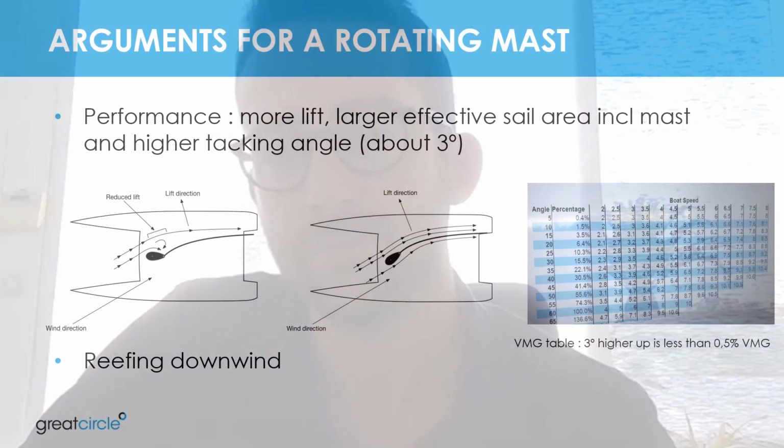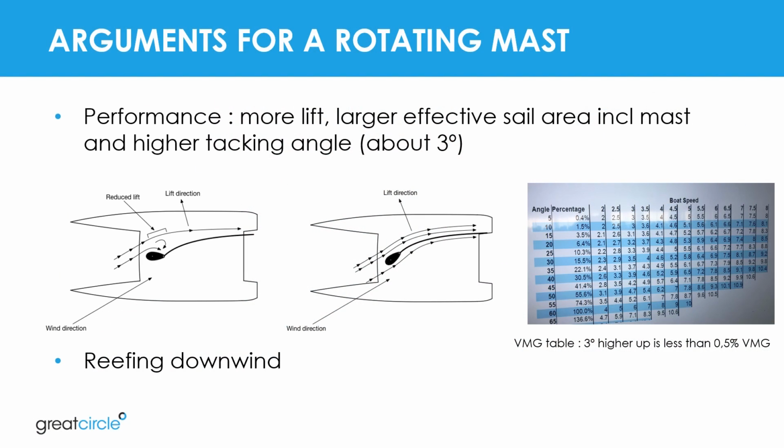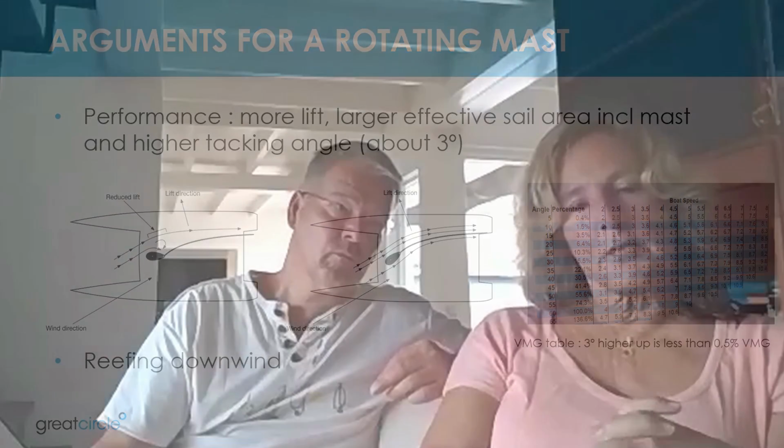For the sails, it's no big deal if we do it a bit later. Same for the electronics, but yes, the mast we need to know pretty soon. And what about performance? What is the difference between a rotating mast and a non-rotating mast? It's a tough question. Of course it's increased performance, especially when you're going upwind, maybe until